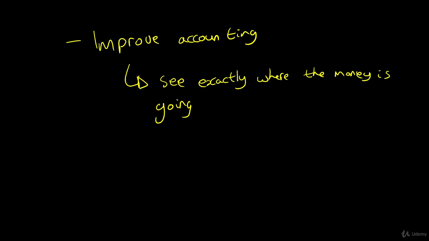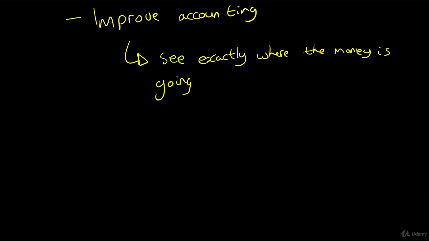So you'll be able to see where it's going, also from a higher level as well. So not just a micro level, a macro level, where let's say the CFO or other members in the financial department, how they are spending money, where they're spending money, are they doing it effectively, are they doing it on time? So this will help keep an audit trail of the accounting, so where the money is going and who is spending it,